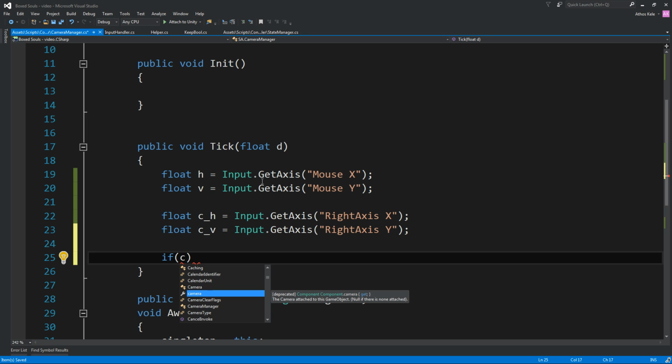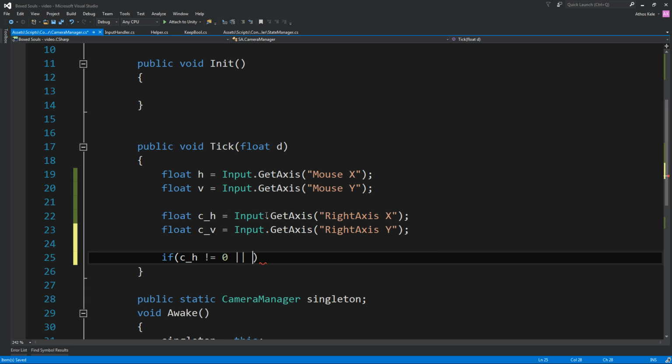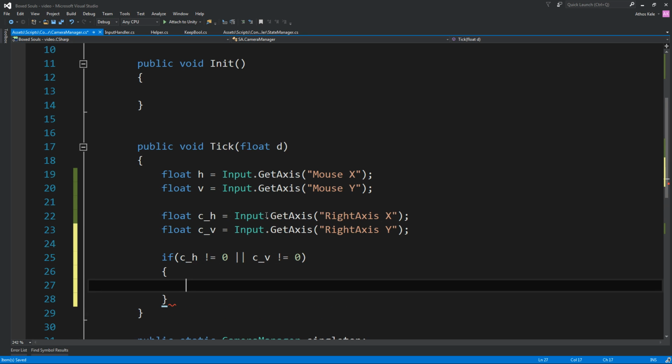The reason for this is because if there is controller input, there's no chance that you're going to be using both the controller and the mouse at once to move the camera. So whenever there is controller input, we're going to basically override the inputs we get from the mouse. To do that, we're simply going to check if there is any input on that controller. So I simply check if the values are 0 or not, and then we simply do H,